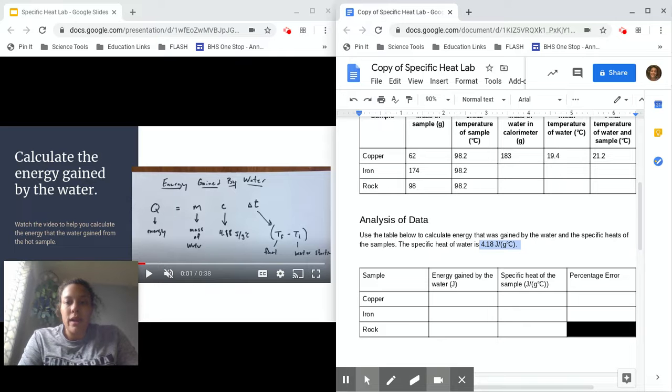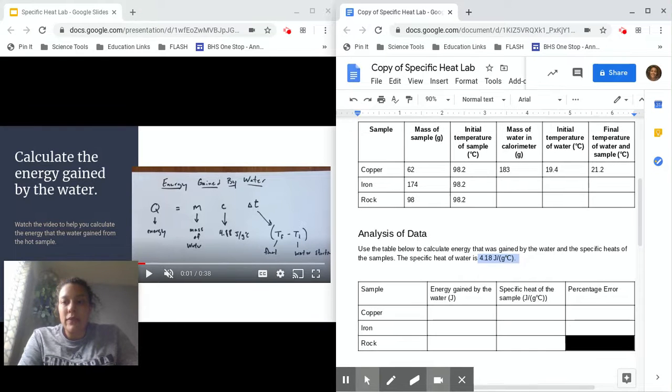So 183 times 4.18. And then I need to figure out the change in temperature. And this is for my water. So this is my final reminder that the final temperature of my water up here, 21.2. And this was the initial temperature, 19.4. So if I subtract these two values from each other, then multiply that by, again, 4.18 times 183, I